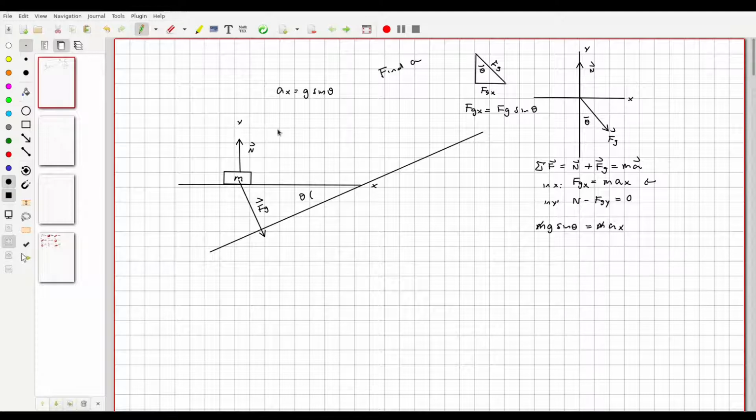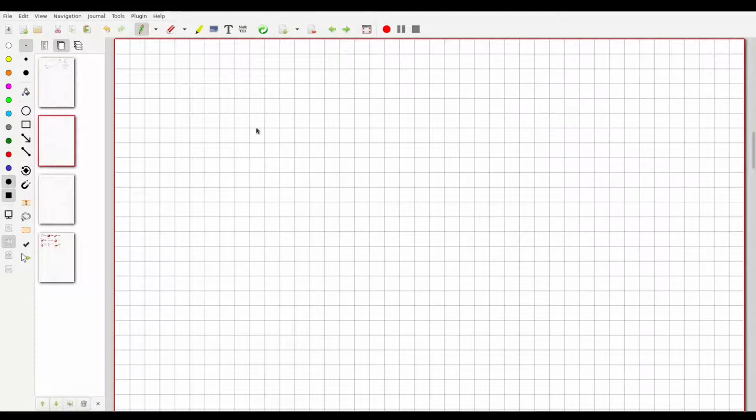Now, when you add the ability to roll and you add internal structure into things, that changes this. So, what I'd like to do is to explore that. And part of exploring that is to remind you of another problem that we've worked before. So, if you remember way back